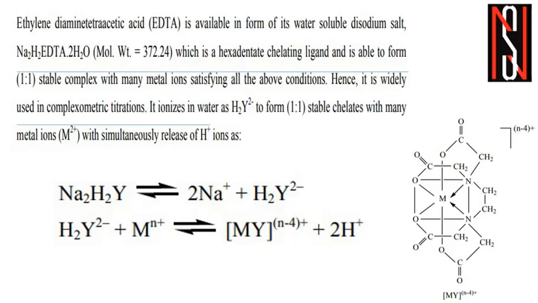Now look at the structure of this metal EDTA complex. If we look carefully at the structure, you can see that several rings are forming, but the main point is that every ring is 5-membered. Due to the formation of these 5-membered rings, it is free from bayer strain, and that's why this metal EDTA complex is very much stable.